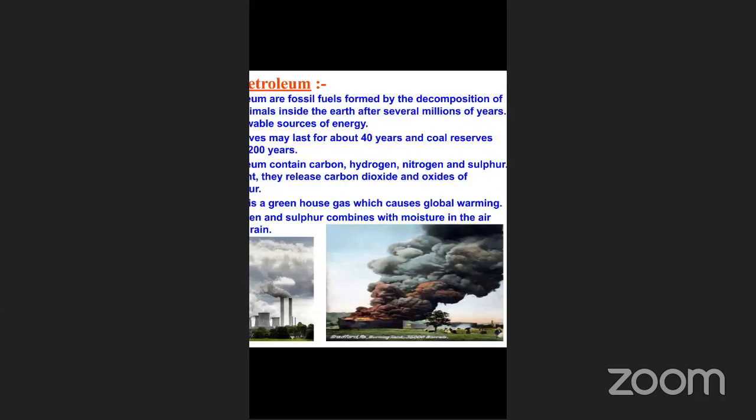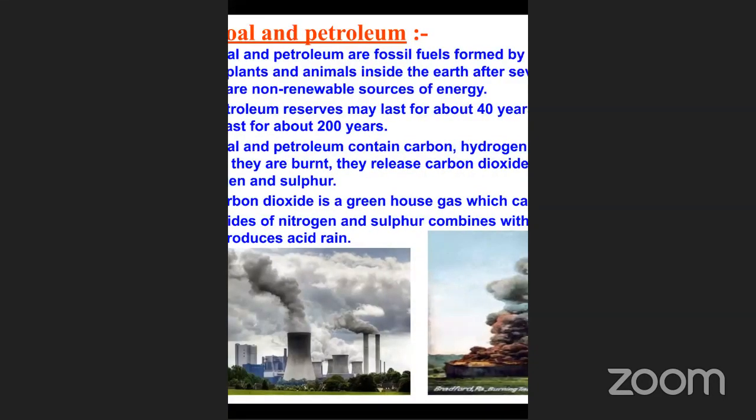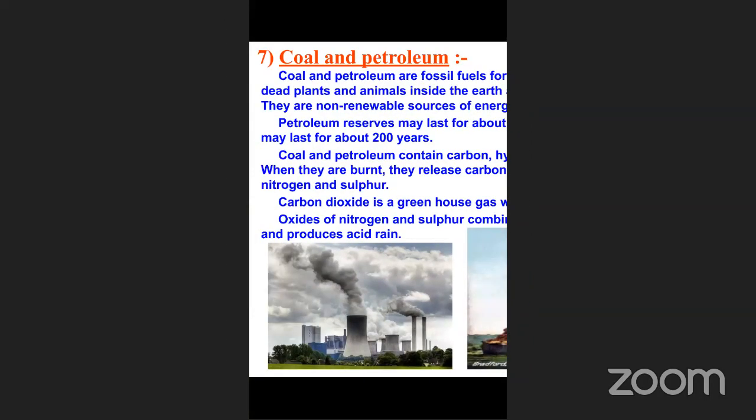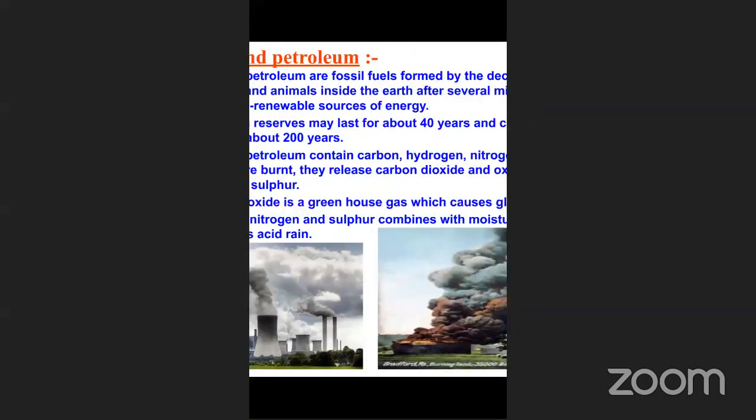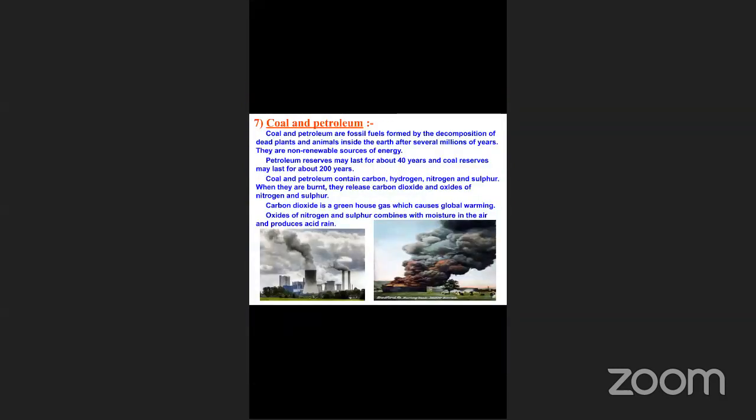Next natural resource we can see, coal and petroleum. See what you can observe in this picture. Tell me. Ma'am, factory pollution. Getting pollution. Very nice. They are using these coal and petroleum, but it causes a lot of pollution. Yes, see the harmful gases which are released out from factories. These are the factories and industries from where a lot of dirty smoke is coming, which pollutes the